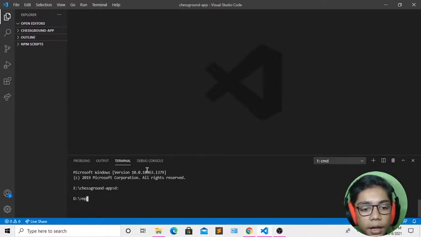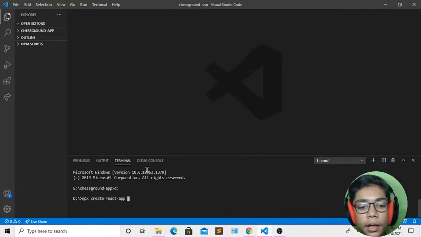So first of all I will write npx. Like I have told you, npx is a command from which you can create your React app or folder, but npm is a command from which you can run your React app on your localhost with the help of your index.html file, which is provided in your public folder. So here I will write create-react-app. You have to take care when you are writing npx create-react-app that you write these dashes also, because it is really important.